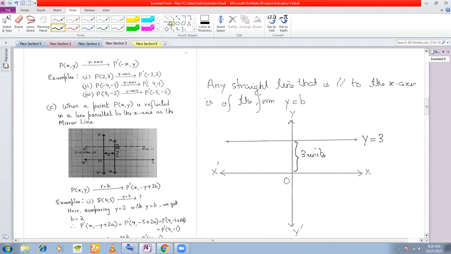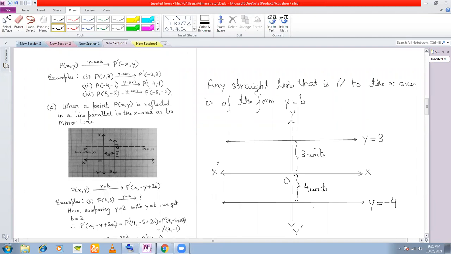Okay. Another straight line. Suppose I'm drawing here parallel to the x-axis, and suppose I take this distance this time as 4 units. See that this 4 units distance is in the negative direction of y. So therefore, the equation of this line will be y is equal to -4. Okay. So I hope there's no confusion here.